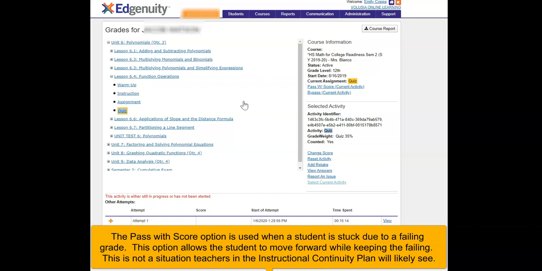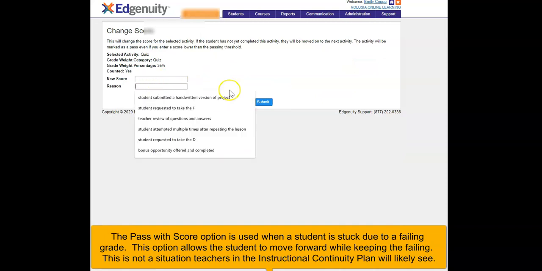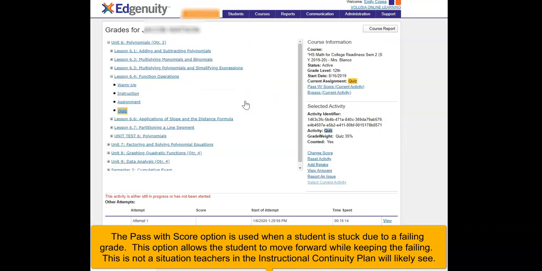them to go ahead and move forward, whether it be because they've run out of quiz attempts and they are just not getting it and they just want to be able to take the F and move forward so that they can get on into the next concept, or for whatever reason, maybe you've given them a verbal quiz or something else. So you can choose to pass with score, enter their score, enter a reason, and then hit submit. And then at that point, the system will allow the student to move on and will grade with whatever score